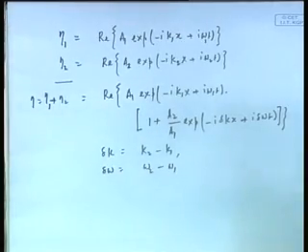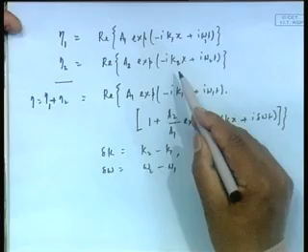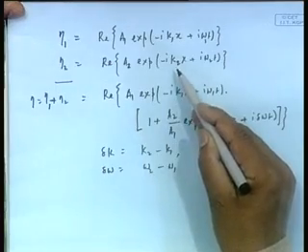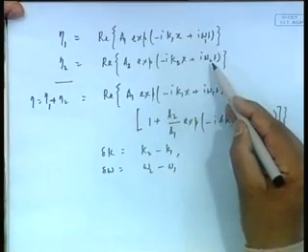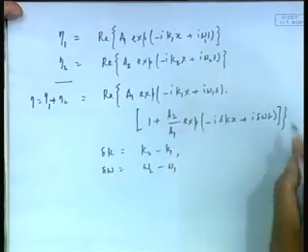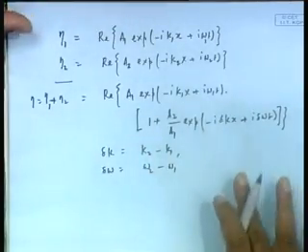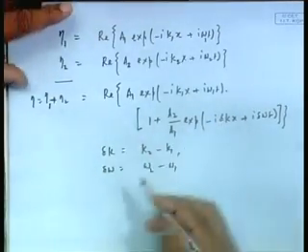This is a simple algebra. If you did that, simply, what I have done is, you write k2 as k1 plus delta k, omega 2 as omega 1 plus delta omega, you simply add, and you get this. Now, the most interesting part of this is that any function which is